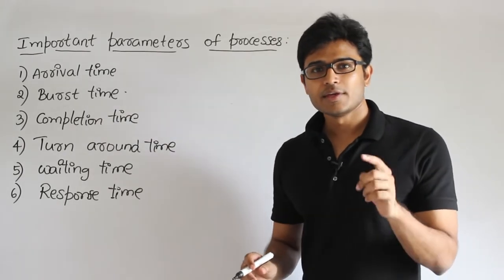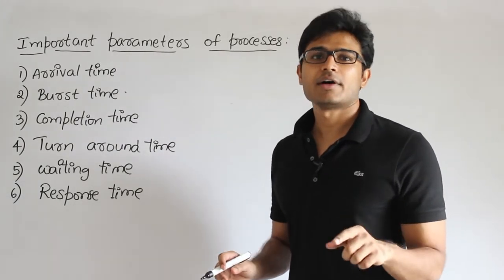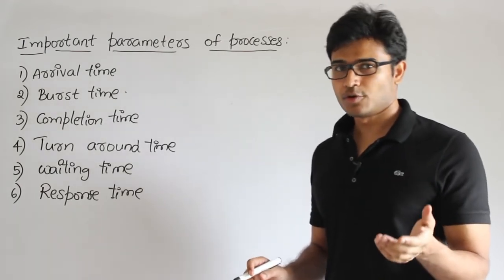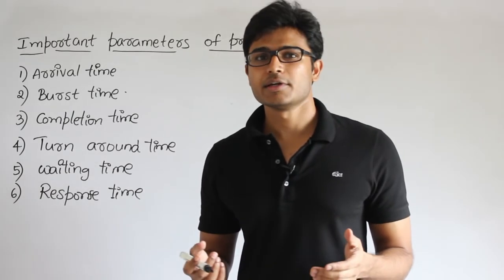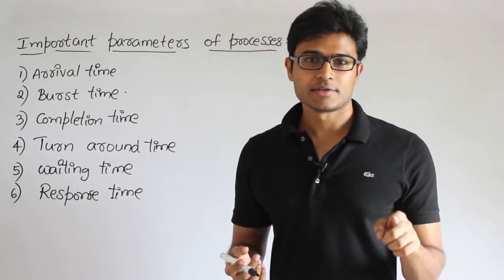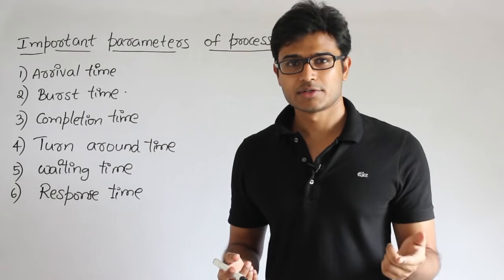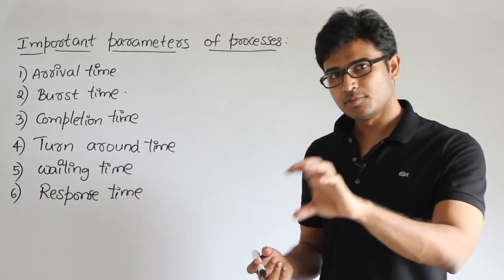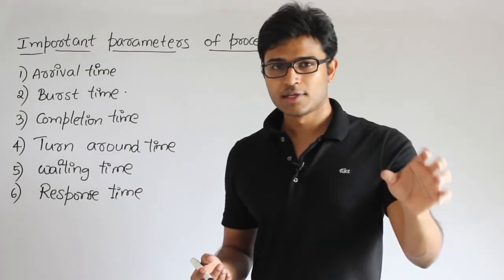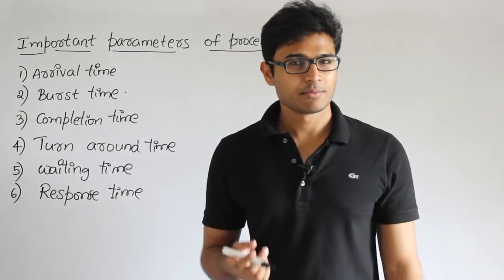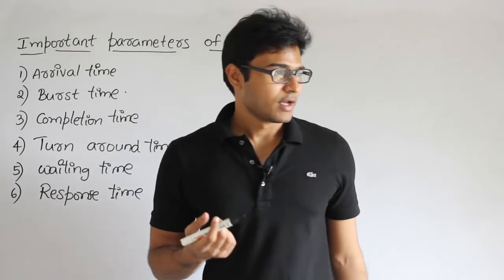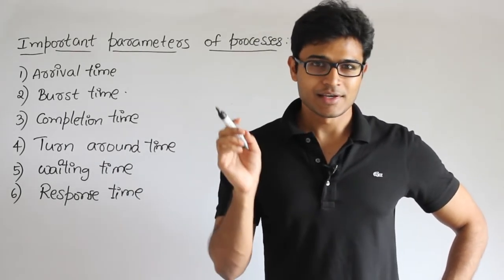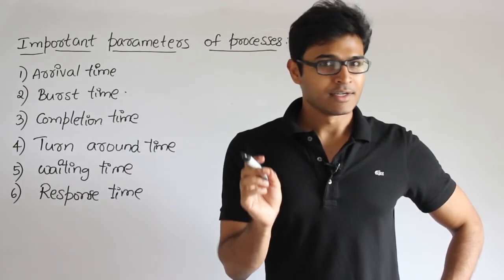Burst time means the amount of time that is required by a process, that is CPU time. Please make a note of it. I'll just be dictating: the amount of time that is required by a process to finish, the amount of CPU time, right? So how much CPU time should you dedicate to this process so that it could get finished? The problem is, before running a process, actually saying this time exactly is really very hard.